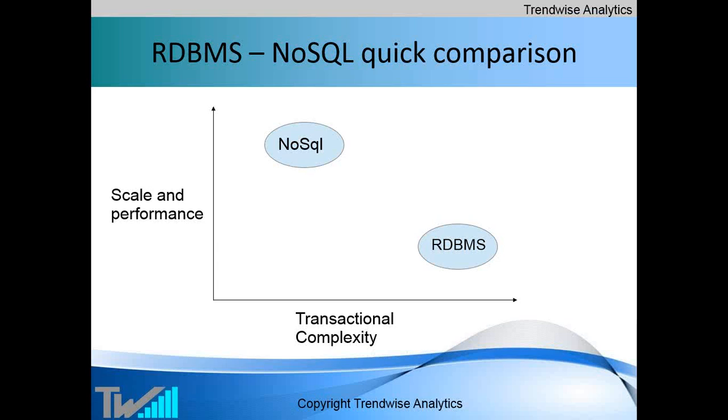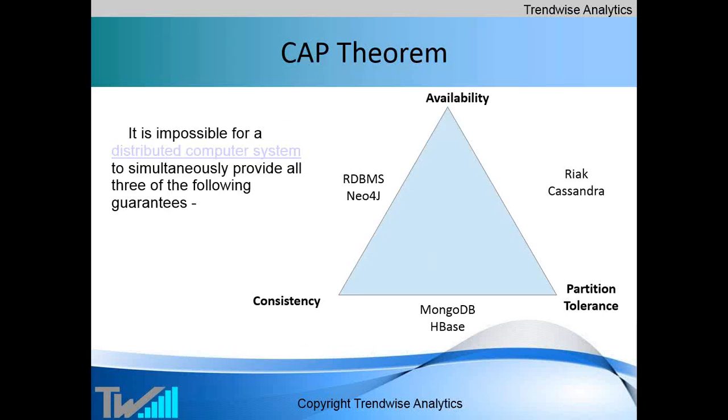As I mentioned earlier, if you create, let's say, a CRM system or an ERP system where a customer has orders and orders have order line items and so on, and you need to update them in the same way always, then RDBMS are the best. But if the complexity is not so high, but on the other hand you need scale and need to handle large volumes of data, I think that's when NoSQL databases are very good.